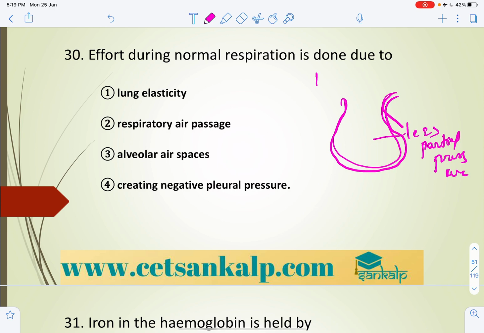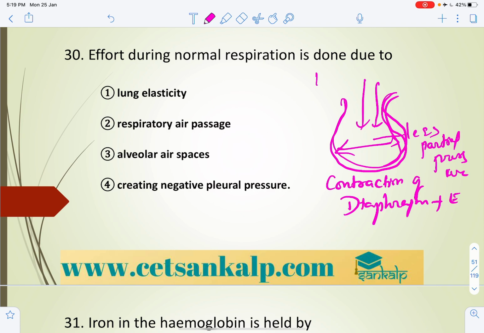The volume will be increased, and as the volume increases, pressure decreases. So because of the contraction of the diaphragm and external intercostal muscles, keep it in mind,